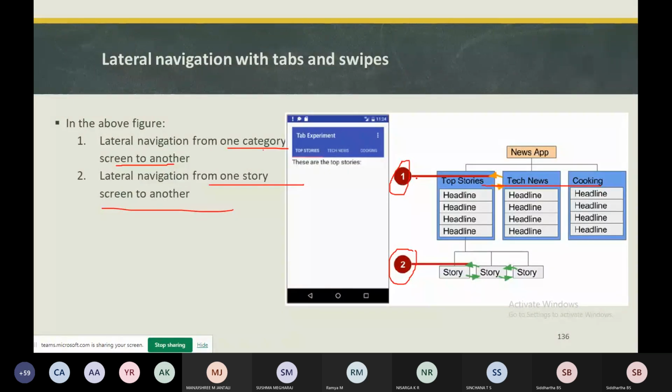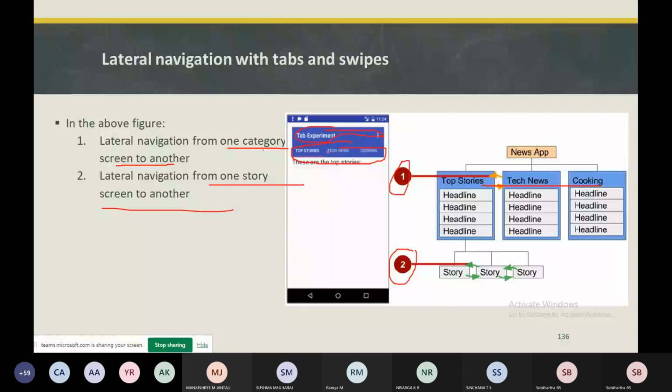The tabs appear across the top of the screen, below your app bar. This is your app bar, and the tab will be below the app bar.